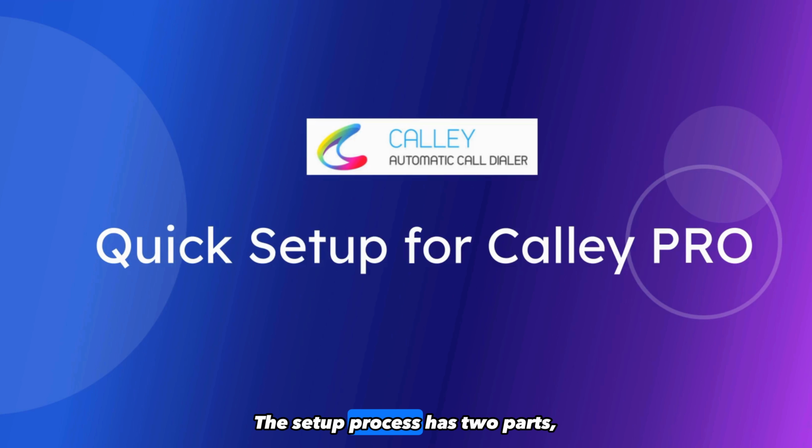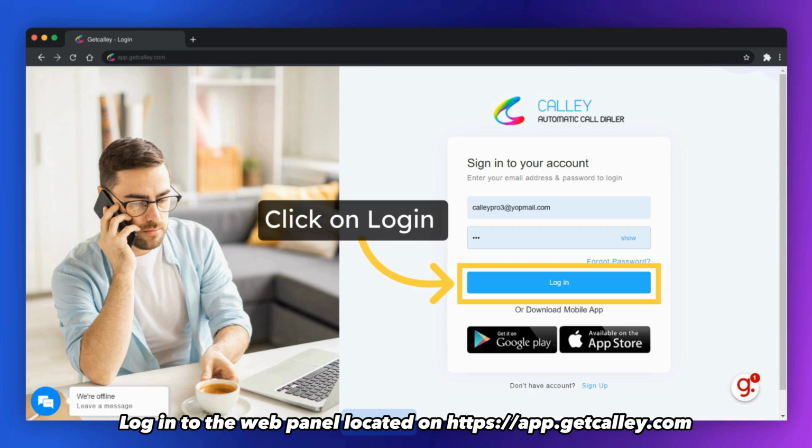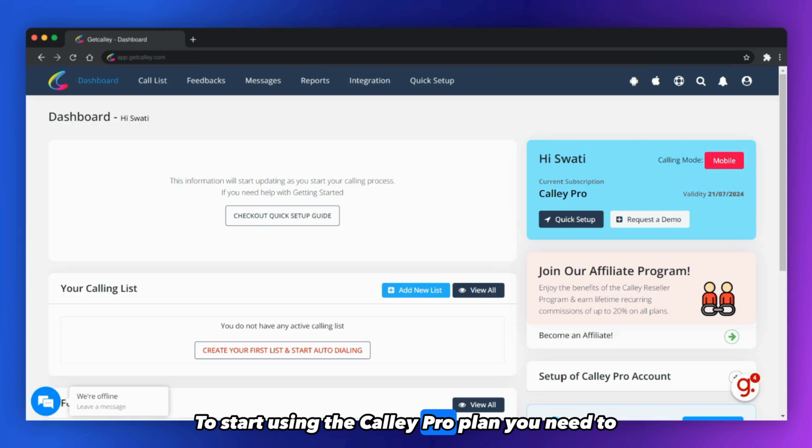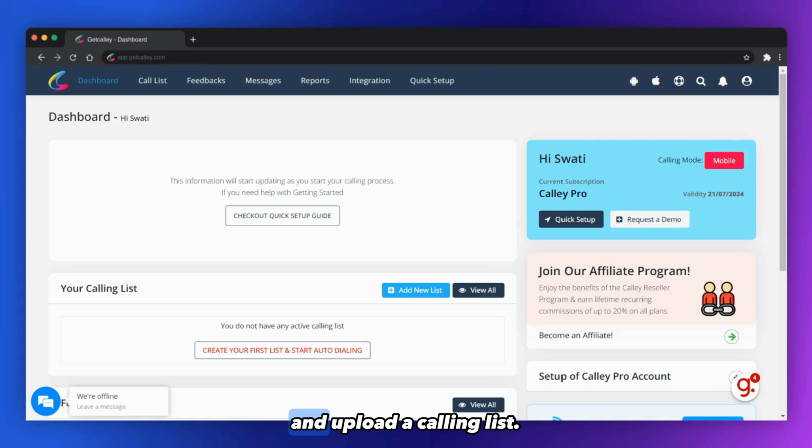The setup process has two parts, the web panel and the mobile app. Let's begin with the web panel. Log in to the web panel located on https://app.getcalley.com using a valid email and password. To start using the Calley PRO plan, you need to set up your call feedbacks, aka dispositions, and upload a